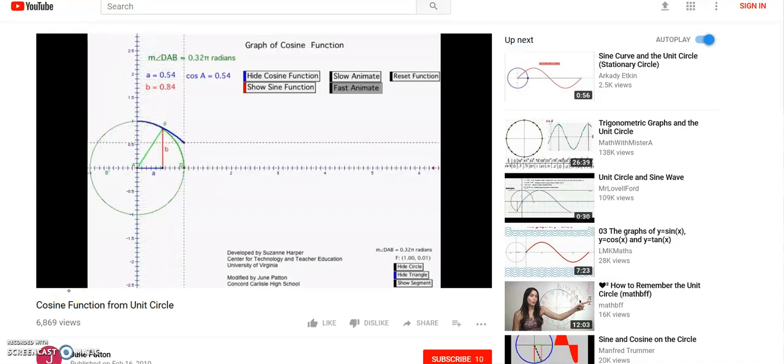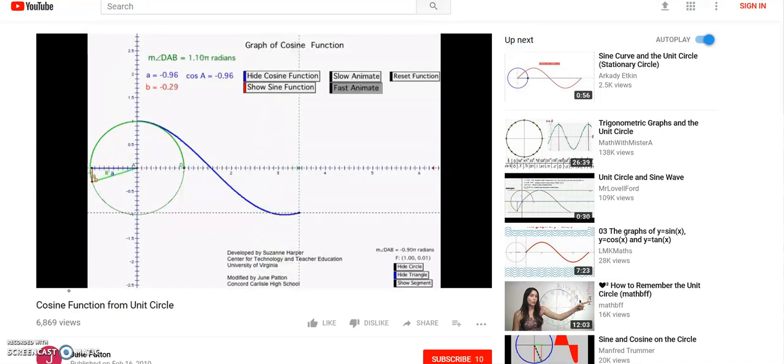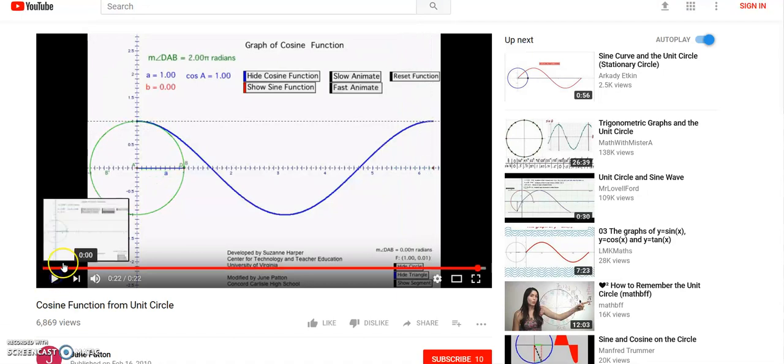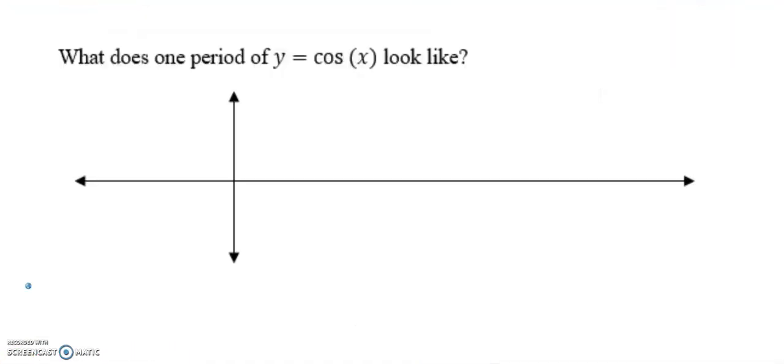Getting closer to 0 at pi over 2, getting really big in the negative direction. At pi, we're at -1, getting back close to 0 when we're at the bottom of the circle, and then back to 1 as we get to 2 pi. All right, so thinking about that, we said we know we're going to complete one cycle